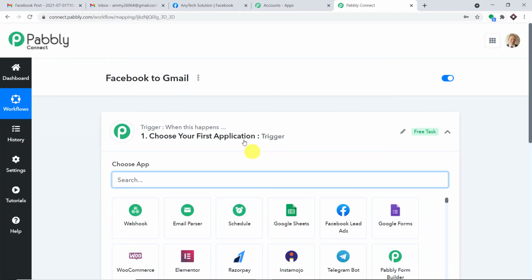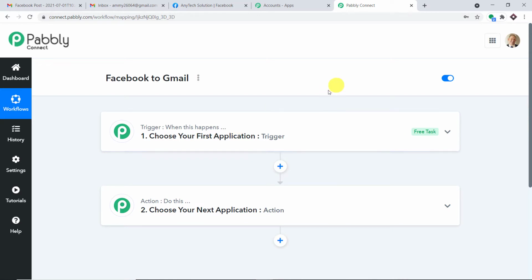So when you click on create, you will find 2 windows, the trigger window as well as the action window. So what's the deal with these 2 windows? Well, the trigger window is the if statement. It asks the question, if this happens, what should be done? And the action window is basically if this trigger happens, then this procedure should follow. For instance, if a new post is created in Facebook, the action is an email would be sent to a person containing the content of that particular post.